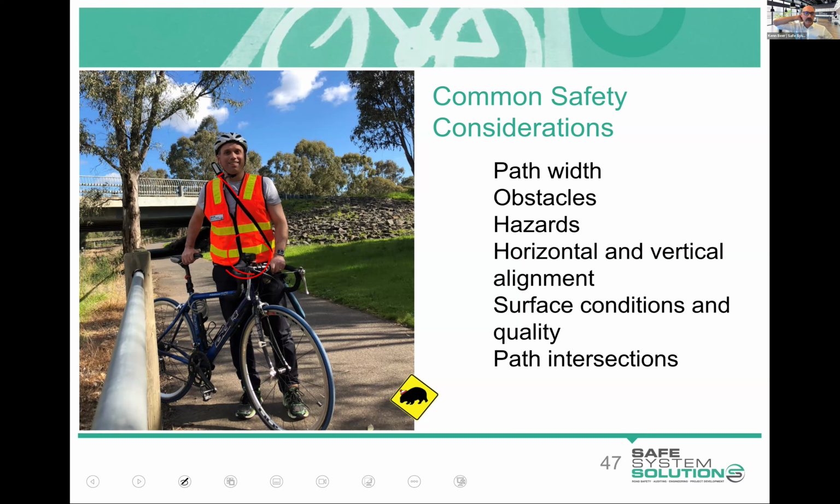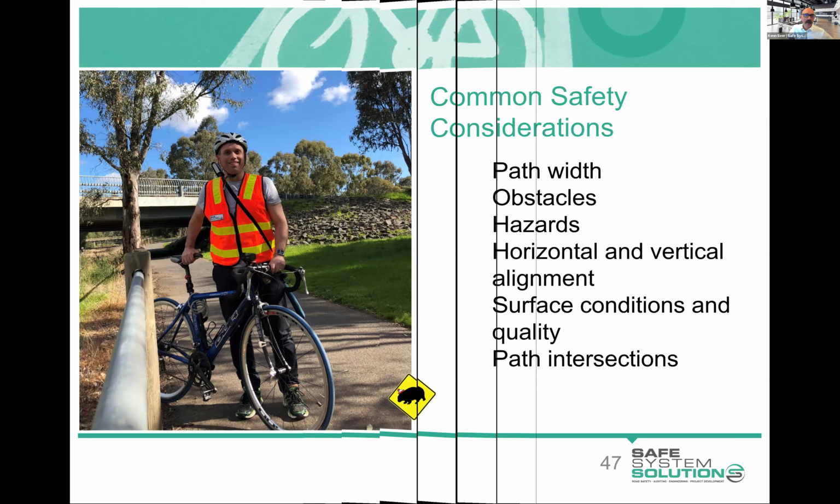I take photos on my phone. I use an app called Context Cam, but there are a few of them available. You can take your photo, and of course it's geotagged, as pretty much any photo you take on your phone is, but it also gives you the ability to write some notes. I'll show you some of that in a minute. But some things we're considering out there: the widths of the path, obstacles, hazards, horizontal and vertical alignment, surface conditions,